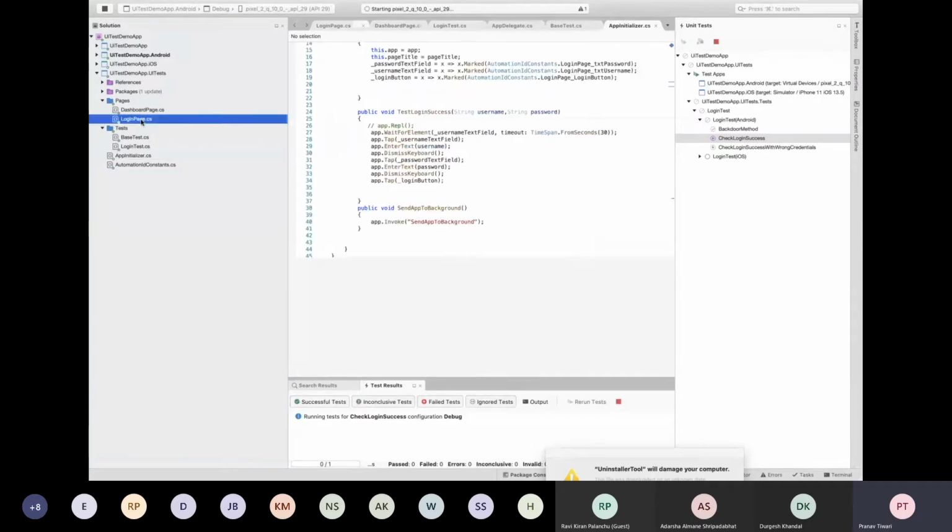So here I have a login screen, so I have created a page for the login screen, and I have a dashboard screen, so I have created a page for the dashboard screen. Let me show you the app first.